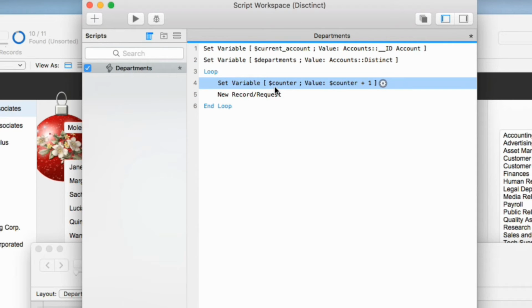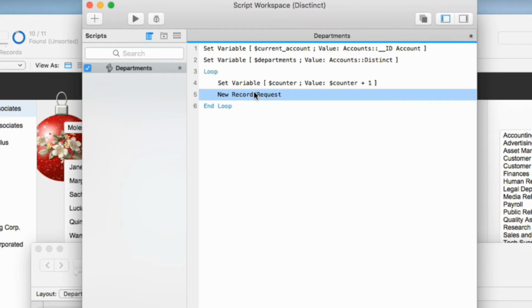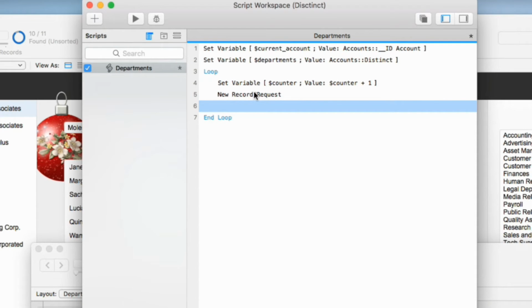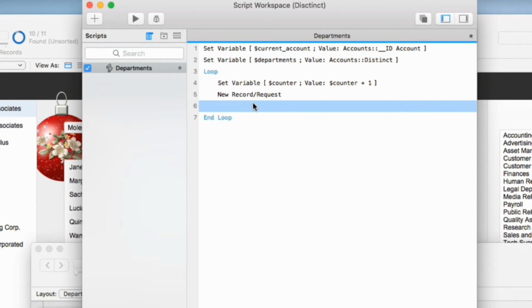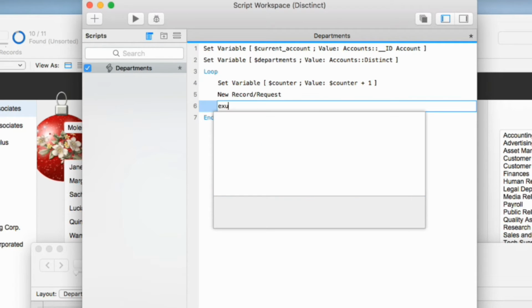So I set the counter, I set new request with the counter, and then I need to get out of this loop. I need to stop the loop when it's done. I need to stop the loop when I reach the end of the department, when I reach the last record, otherwise this loop will never end. So you say exit loop